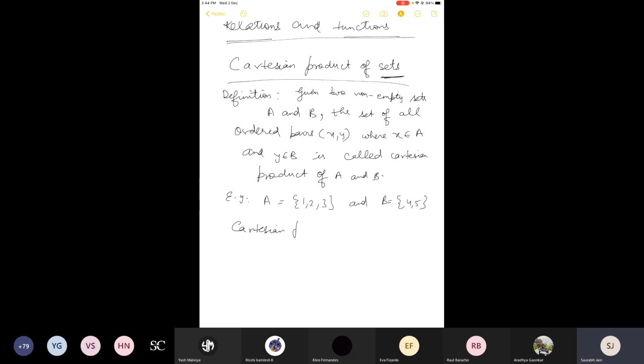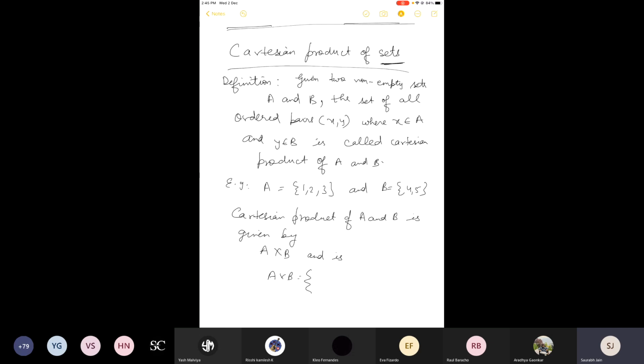A cross B. Okay, it is written in the form of multiplication only, but we do not actually multiply. What we write? How we write A cross B? It is actually a set. Okay, first thing, it is actually a set, and in this set, see, come back to the definition. In this set, you will find some ordered pairs written in the form of x comma y, where x will come from the first set and y will come from the second set.